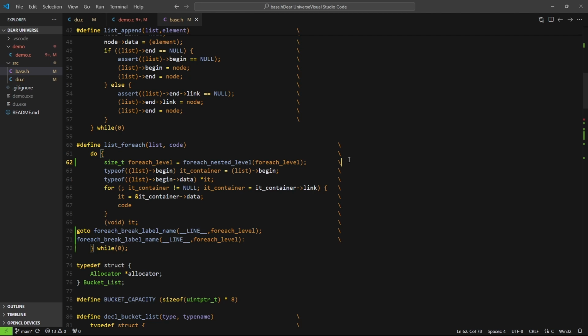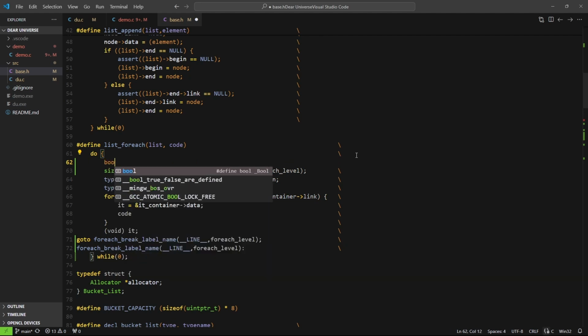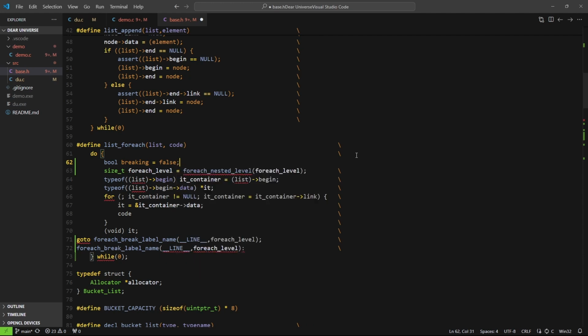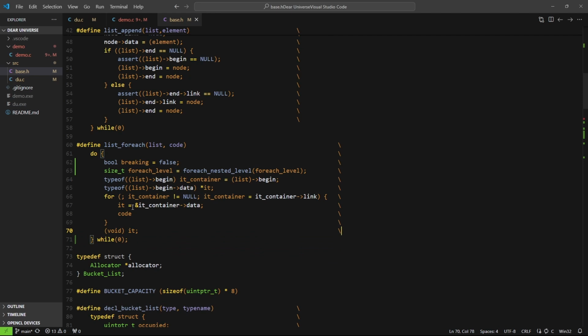Can I... Let me go back to my initial idea of using a Boolean variable called breaking. Okay, right. Let me go all the way back. So we have breaking here, and I cannot use this. I've already seen that this is not going to work in standard C. It is going to work with GCC and Clang extensions, but I don't want to use extensions. So if we go back to this place, we can define